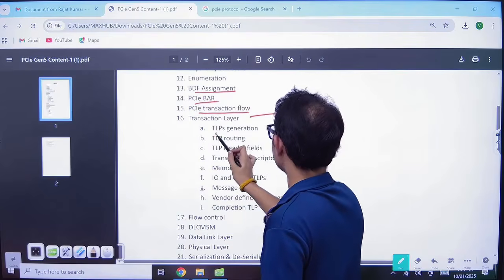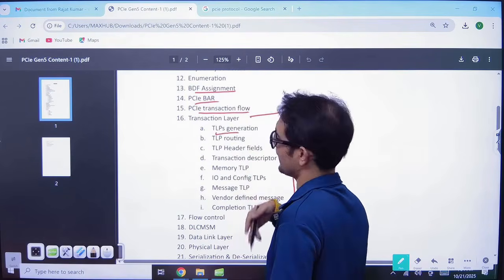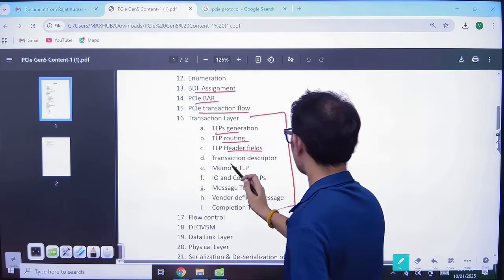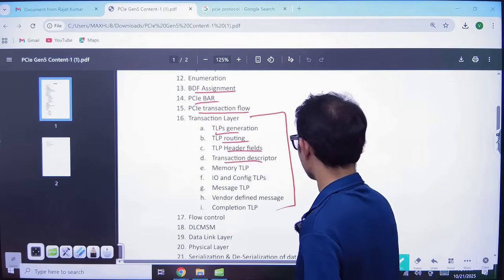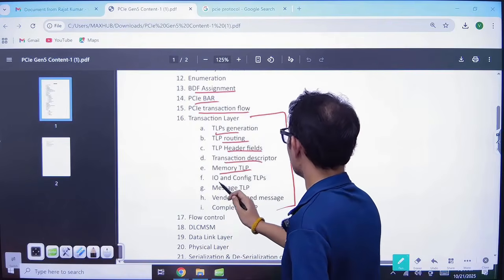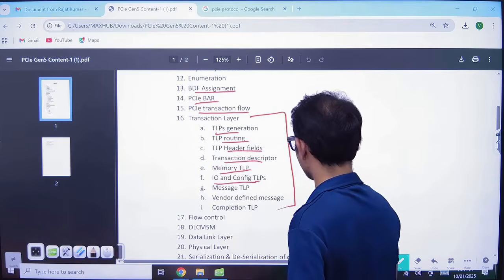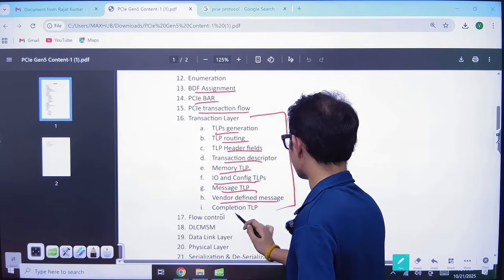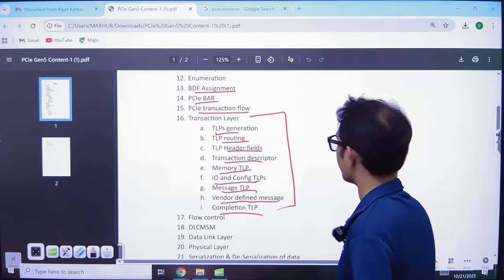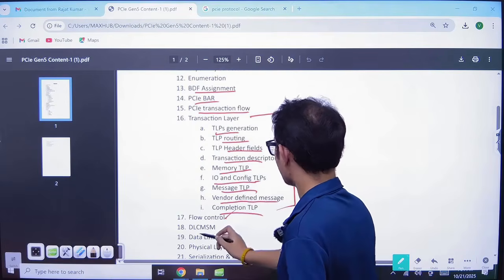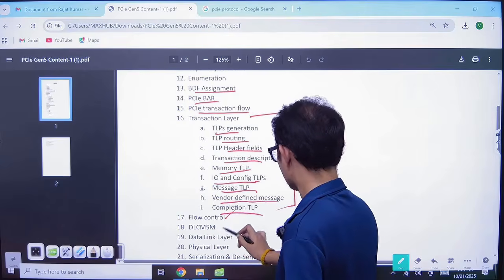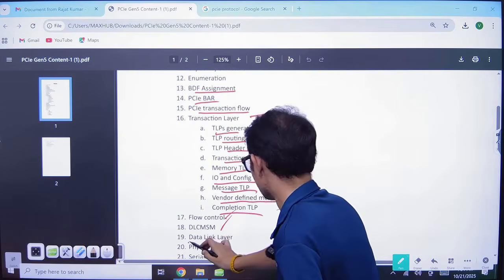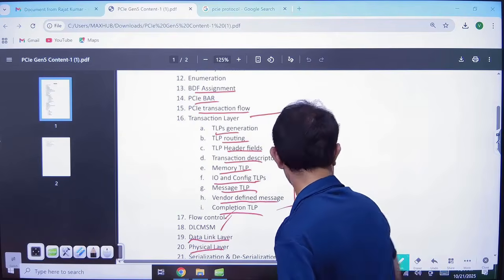TLP generation, basically packet generation, packet routing, packet header fields, transaction descriptors, memory TLPs, input output and configuration TLPs, message TLPs, vendor defined messages, completion TLPs. Then we will discuss the data flow, DLLP, some terminology, then the data link layer and the physical layer.